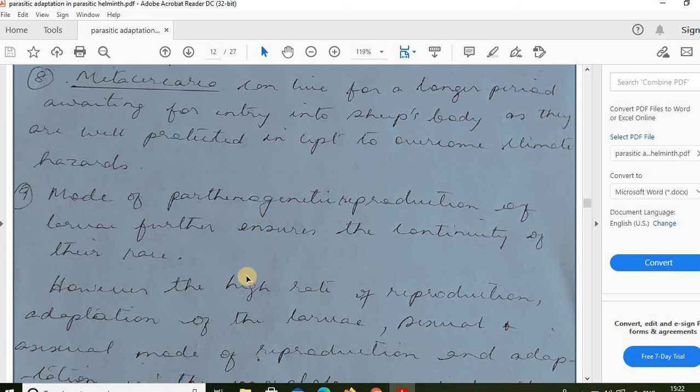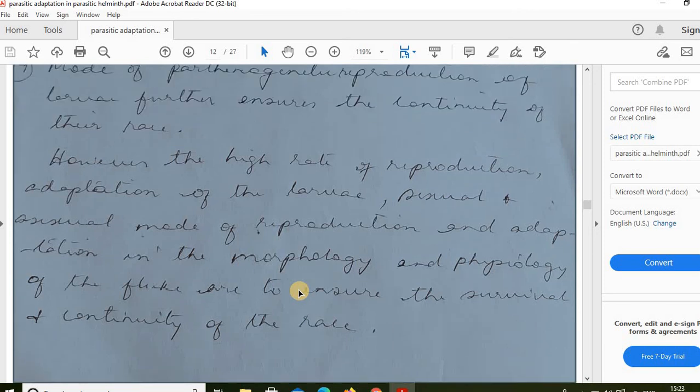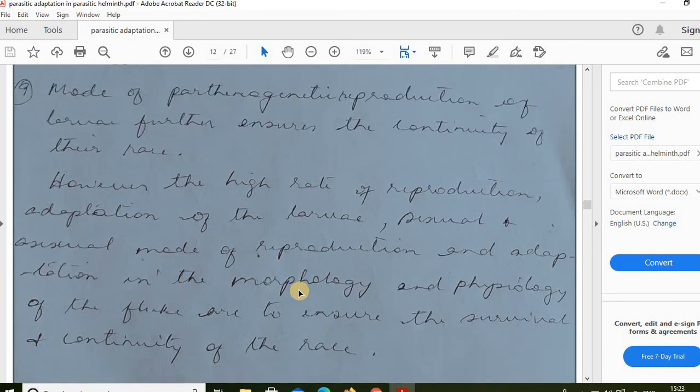so for the continuity of the race, there will be a high rate of reproduction, adaptation of larvae, sexual and asexual modes of reproduction, adaptation in the morphology and physiology of the fluke, to ensure the survival and continuity of the race. So the number of eggs, the number of larvae, and the number of adults ensure themselves to be protected within the primary host and the secondary host. The primary host is a sheep, and the secondary host is a snail. So the larval stage will develop itself